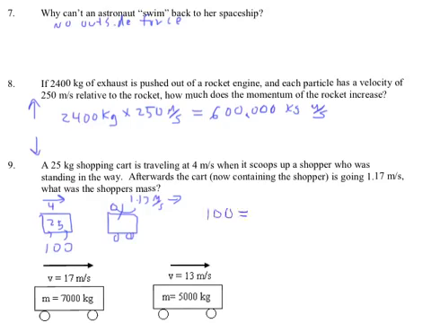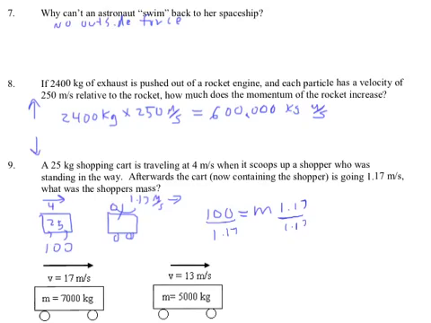Momentum equals mass times velocity. Let's see what the mass of this system is. The mass of this system can be found by multiplying the net mass times the net velocity, which is 1.17. Now when I divide both sides by 1.17, what I get is, hang on a second, I've got to cheat and look at my homework assignment because I don't want to get out my calculator. What I find here is